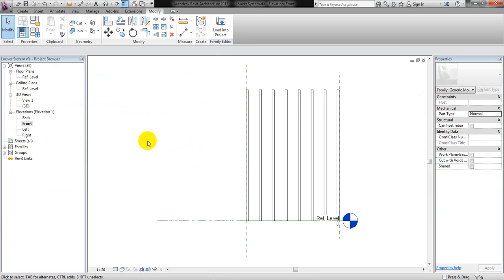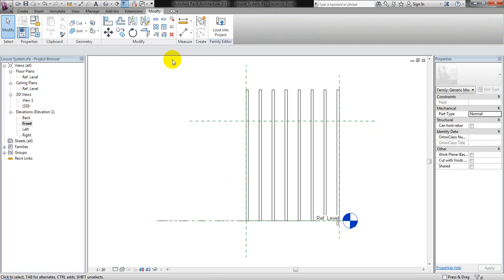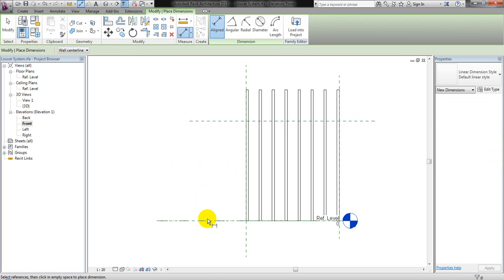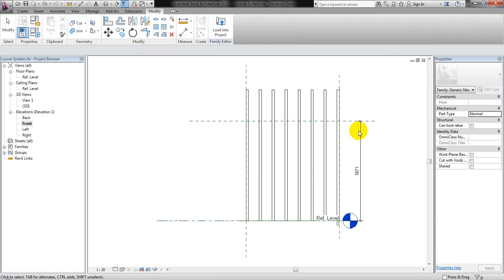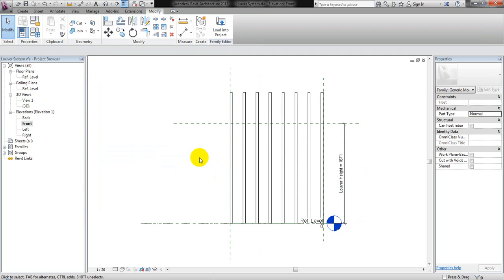Now on my front elevation I need to assign as well the height, so I need to add one more reference plane and put the parameter here, dimension, and say this is my louver height. This should be an instance parameter as well. So click that one. Now I can adjust all of my louver height, which will be driven by this louver height,